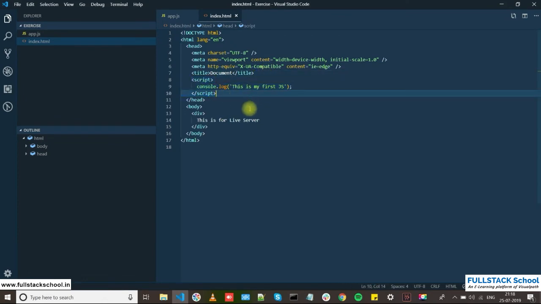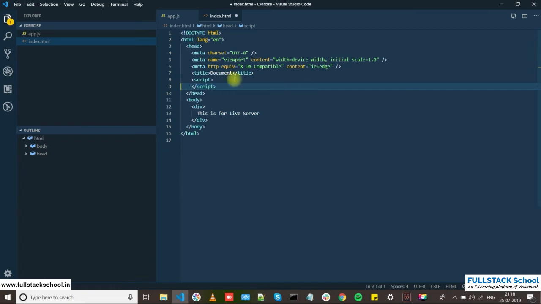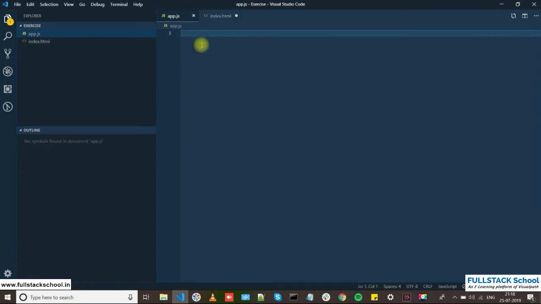Okay, so this is the first way of referencing your JS. Now I'll first take this out and paste it here. This is my first JS from app.js.